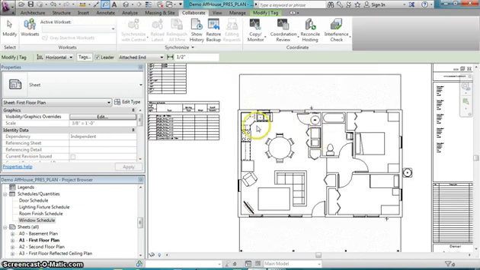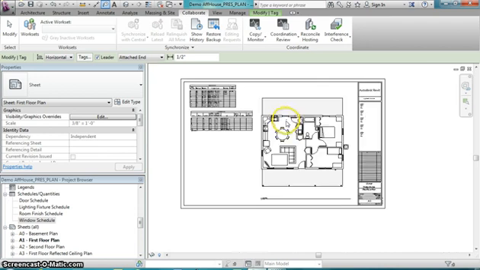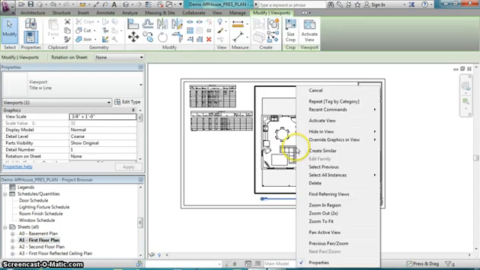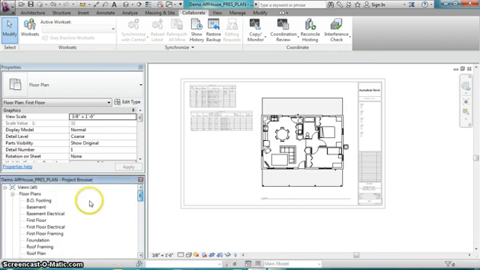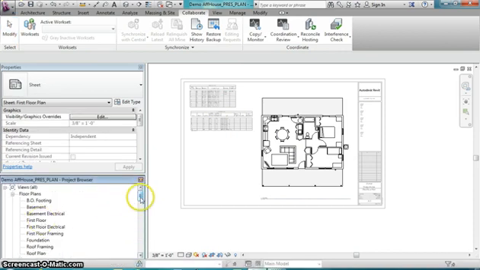Okay, before we can add those tags, we actually have to activate the view here, because I'm on the sheet. I'm not actually in the floor plan, but if I hit Activate View, you can see it grays out the sheet. That's actually doing the same thing as going and double-clicking the floor plan,